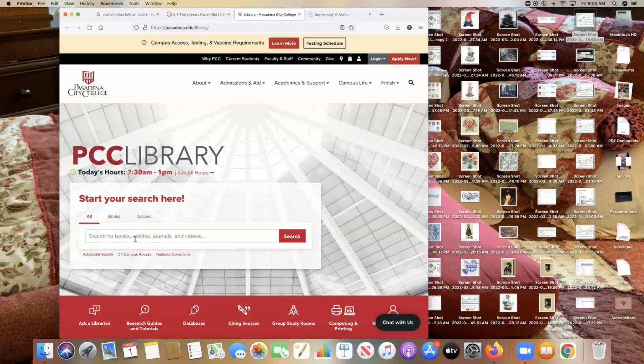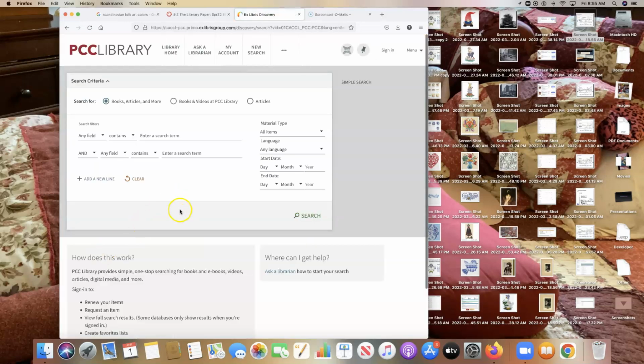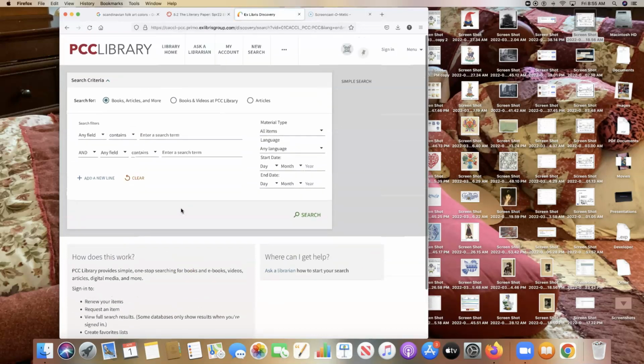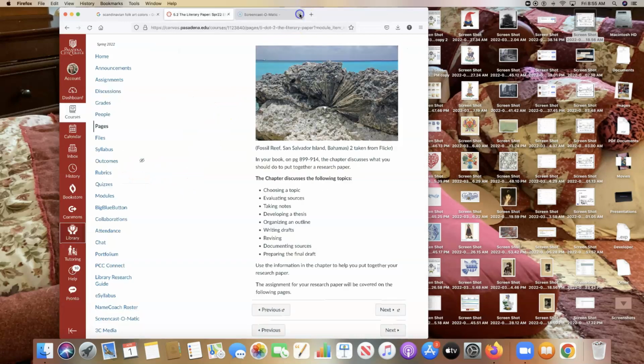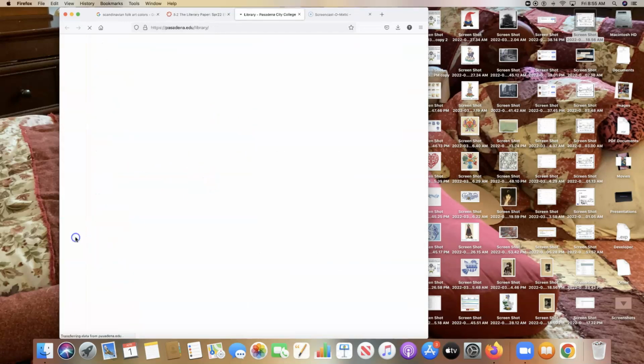You can go to our library and do the research in our library, or you can just do it online from the convenience of your home. You can also do an advanced search, and you can put in special filters of what it is that you're looking for.